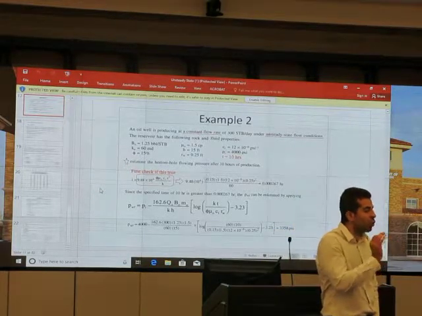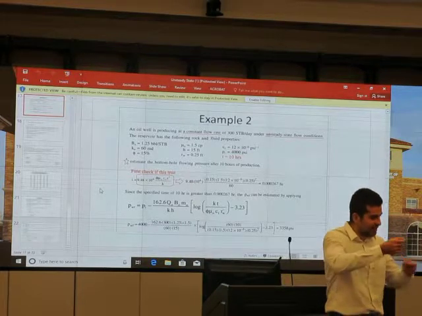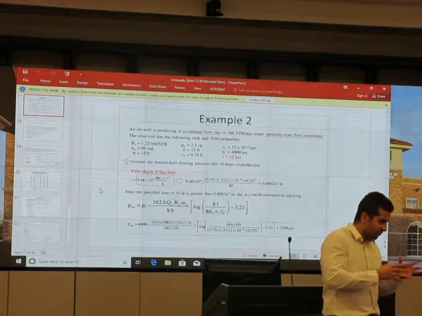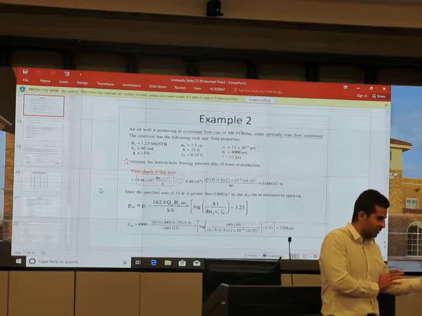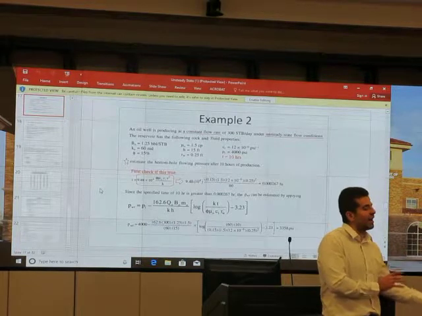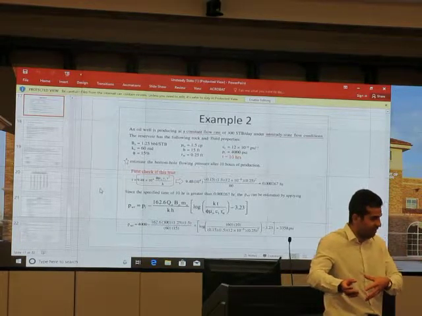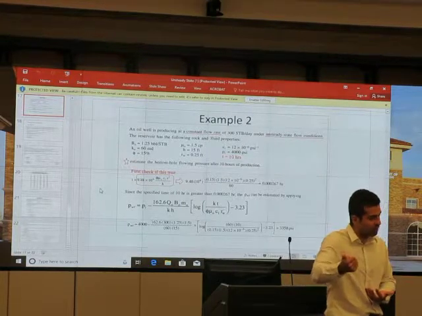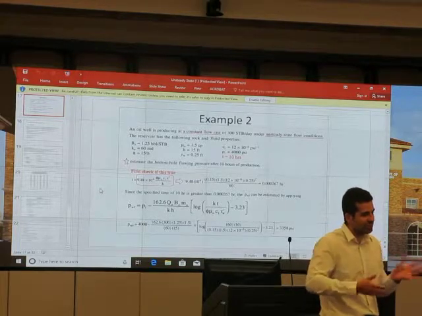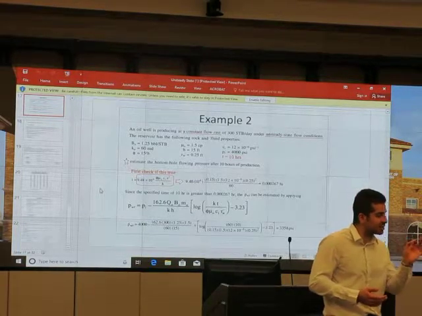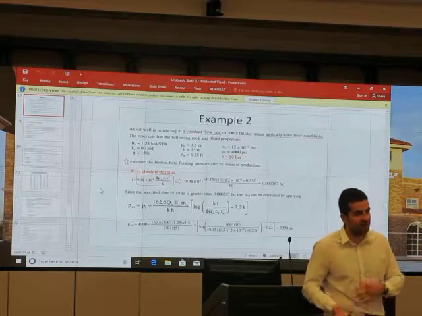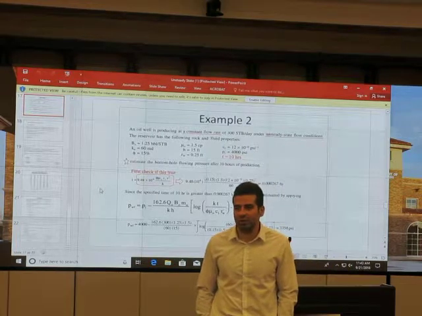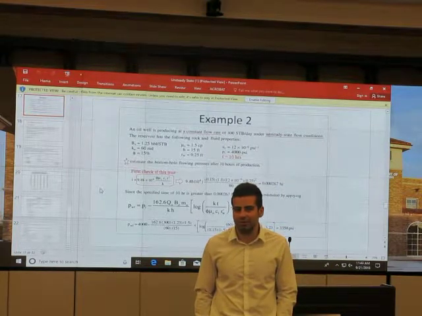Okay, when you're talking about Horner time, it's vice versa. The beginning of the shut-in operation is going to have the highest Horner time. When time goes by, let's say 2 days, that Horner time equals 1. So the sequence is reversed this time. So you don't see it as time. See it as another variable, which is Horner time. Questions? No questions?